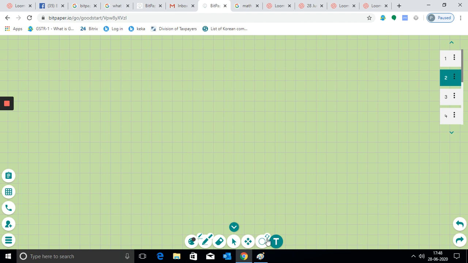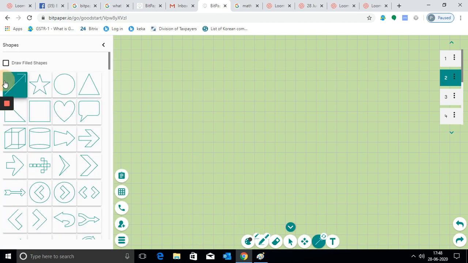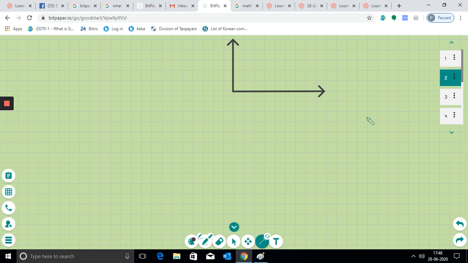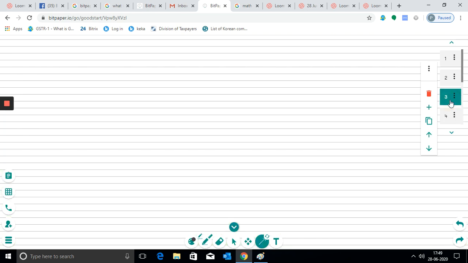You have shapes here. You can take a line and draw a line, and draw a graph and explain it to students. This way it's helpful. Another option is you can draw vertical lines for students to write notes.